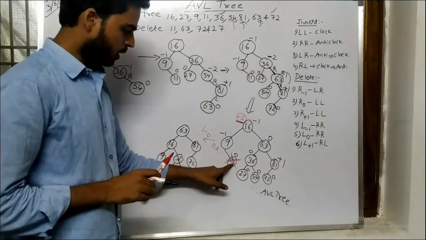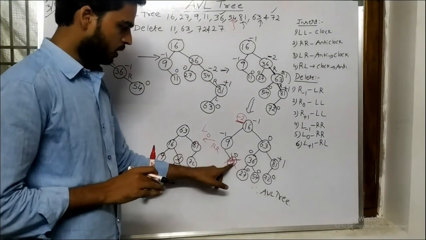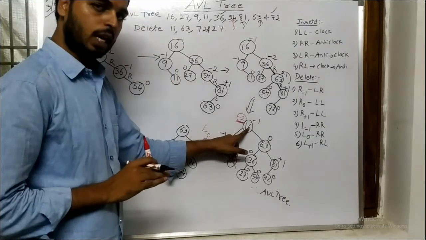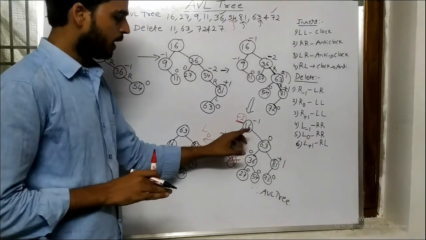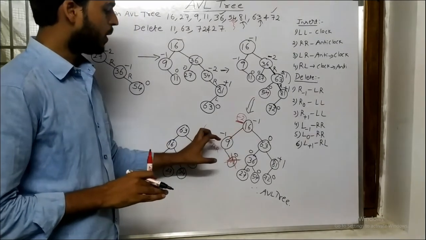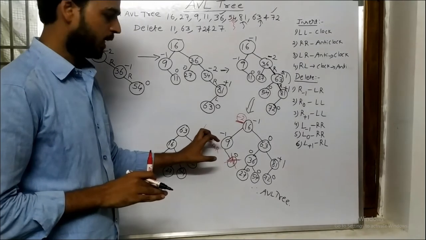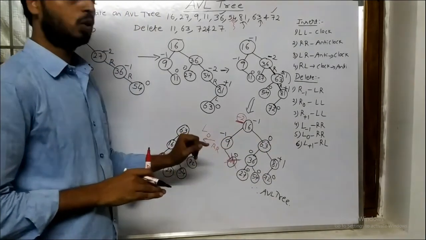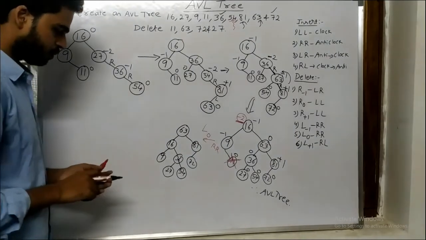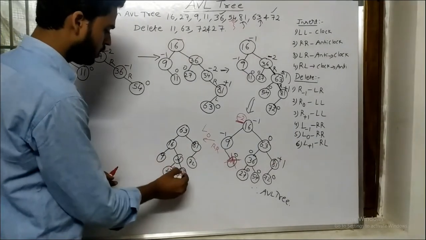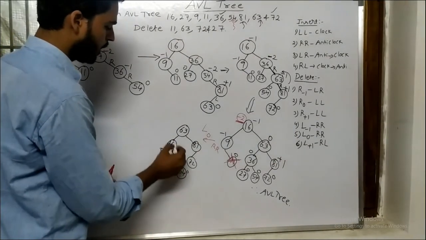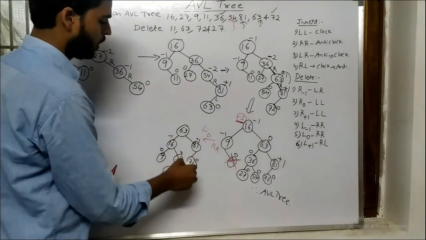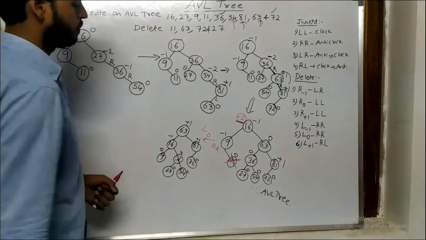When I deleted a particular node, this node acts as a critical node. For this node, the left side is deleted, so I make it L. And for this node, the right child's balance factor is 0, so I make it L0. So I am applying RR notation. So the balance factors are 0, 0, 0, 0, 1, minus 2, minus 1, 0. This is plus 1, 1, 2, 3, 2, plus 1.